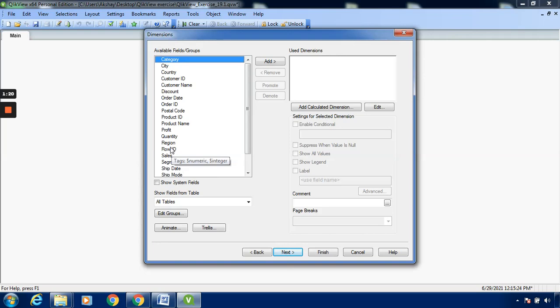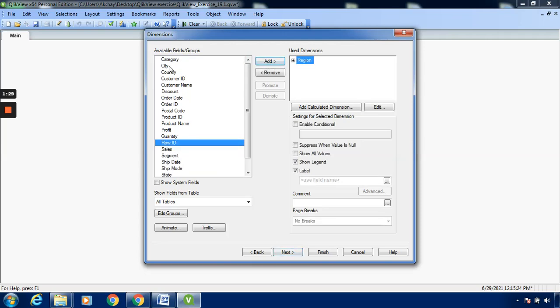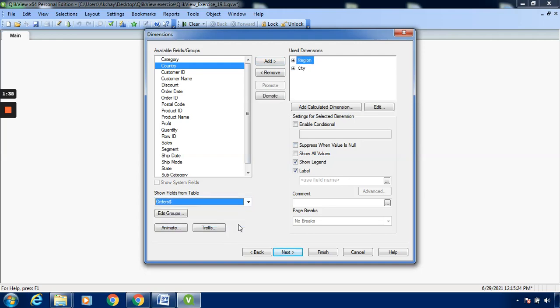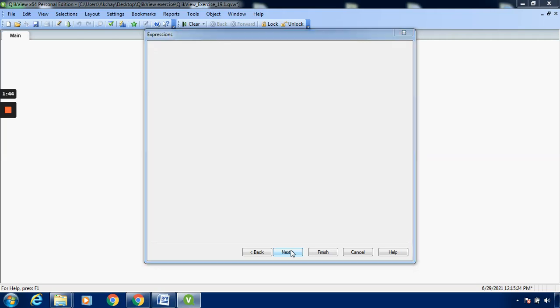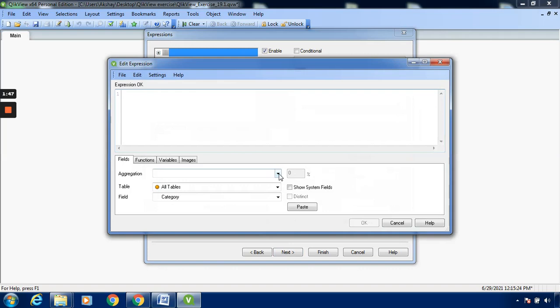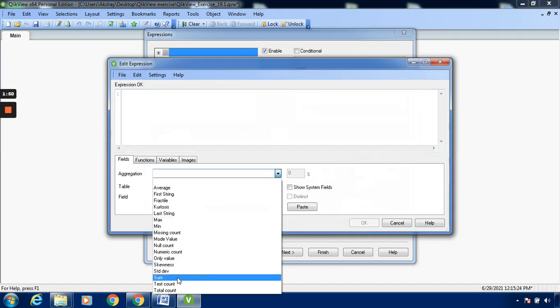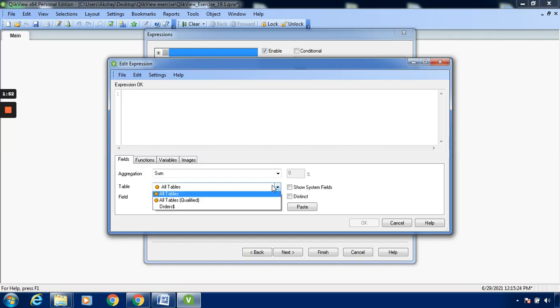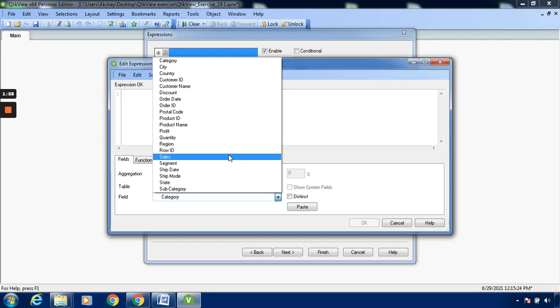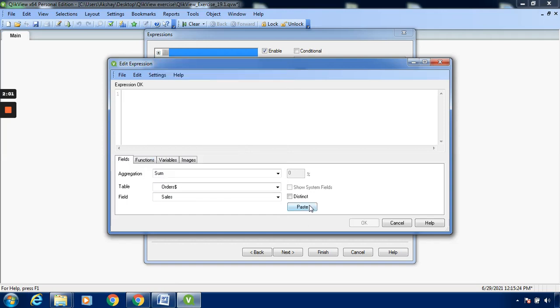So I'll add the dimensions: region, city. Select the table as orders table, click on this. Now we have to select the expression. So sum of sales,